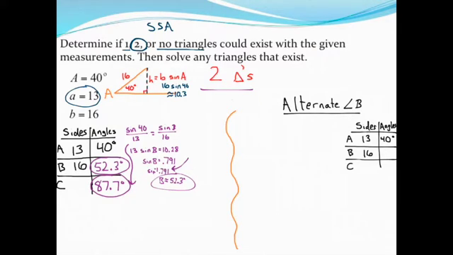And finally, I just have one more thing to find, that side C. To do this, I'll do one more proportion, again same as always with law of sines. So I'm going to match up sine of 40 over 13 again, angle A and side A. And this time I'm trying to find side C, so I'll match this up to the sine of 87.7 over side C. And so again, doing some cross multiplying, solving some proportions, I trust that you guys are able